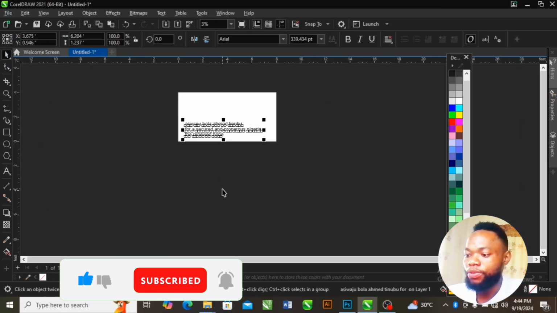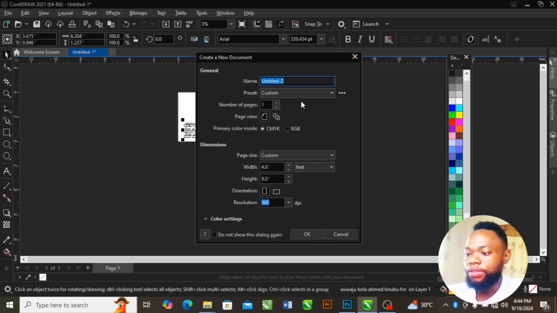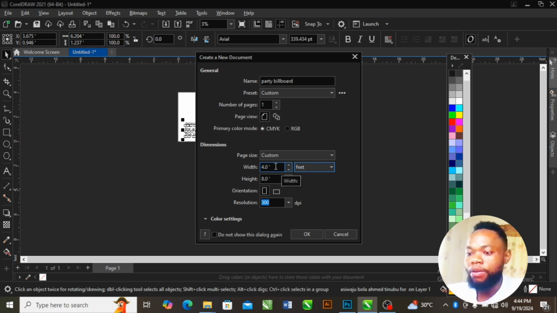What you are going to do is open a new document. You can name your document Party Billboard. The next thing you are going to do is choose CMYK since this design is for print. Then choose your measurement dimension to fit. Okay, the next thing we are going to do, I'm going to use 4 by 8